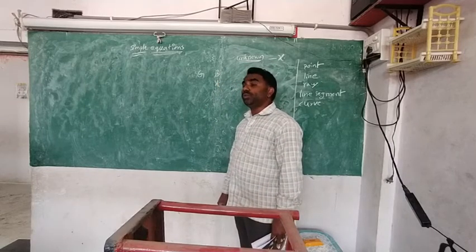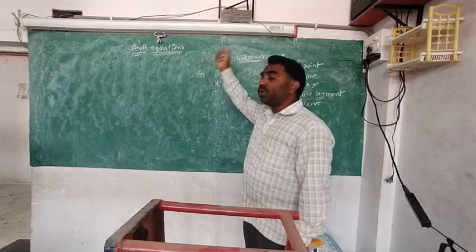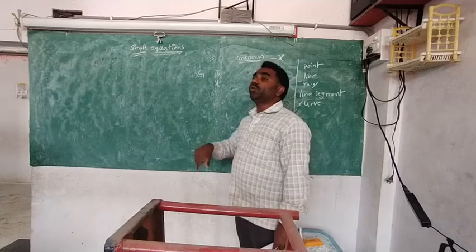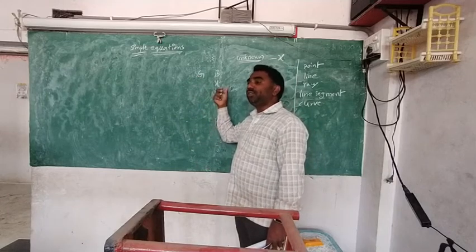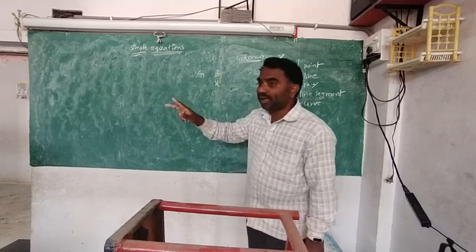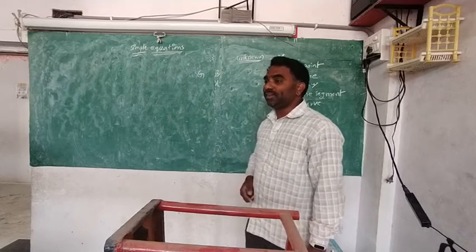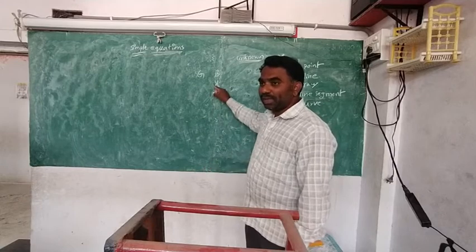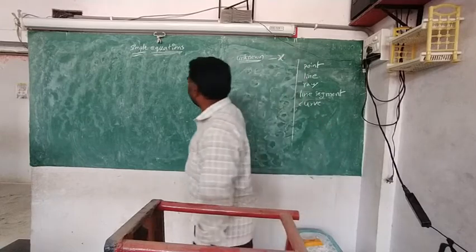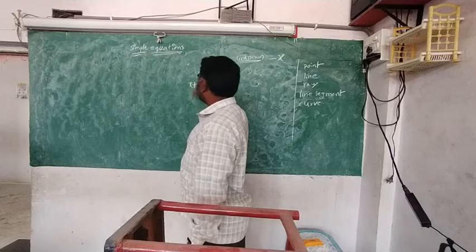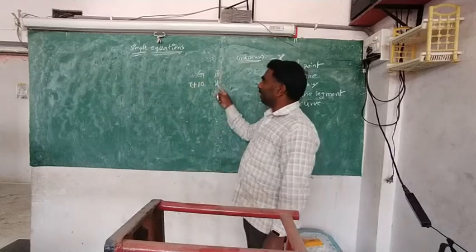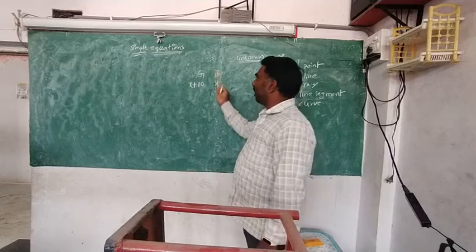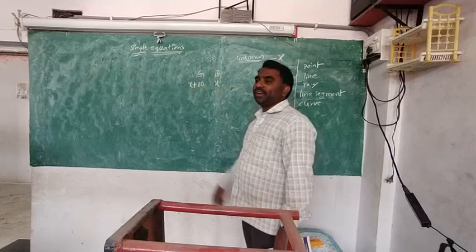Now these are dependent. How dependent do you find? Girls are how dependent? Plus 10. 10 more than boys, boys plus 10 extra. Mathematically, how do you say this? Boys are how many? X. Then boys plus 10 extra, what do you write? Boys are X. Girls are X plus 10.